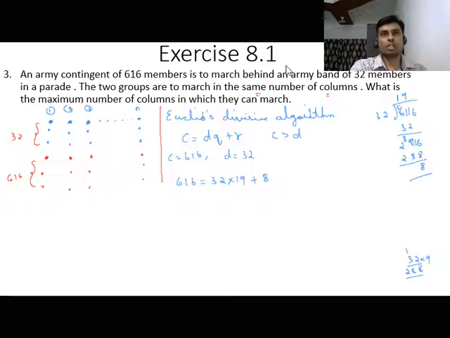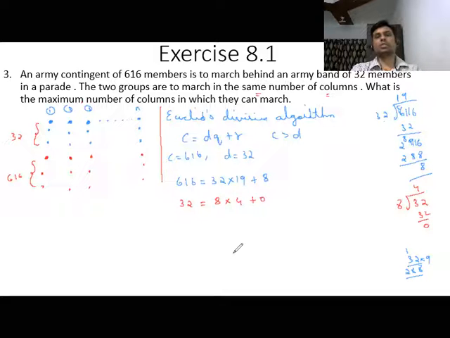So since remainder is not 0, the previous divisor will become the new dividend. So 32 is equal to, previous remainder will become the divisor, 8 into, now divide 32 divided by 8. So divisor divided by remainder. 8 fours are 32. 0. So into 4 plus 0. Now remainder became 0. If remainder becomes 0, the divisor is the highest common factor. 8 is the divisor. Since remainder is equal to 0, HCF is equal to 8. Therefore, maximum number of columns,